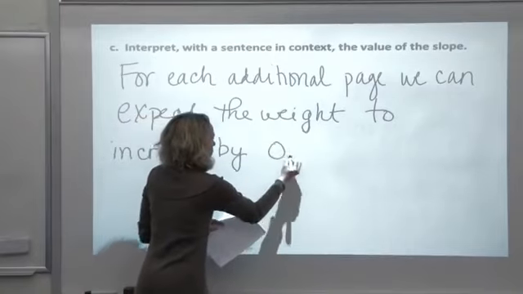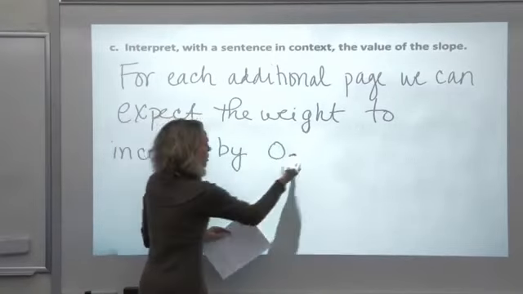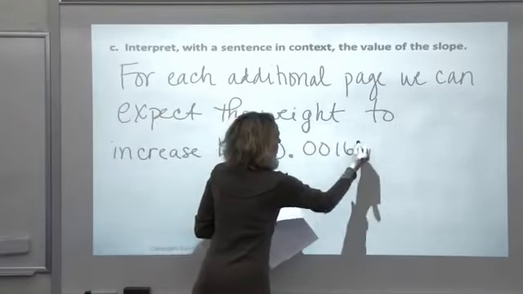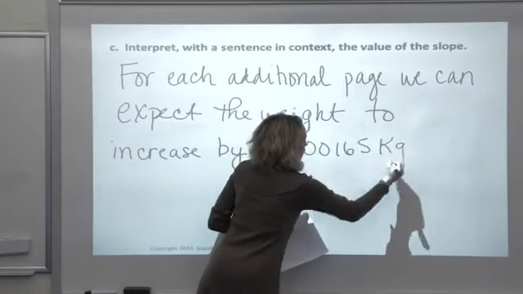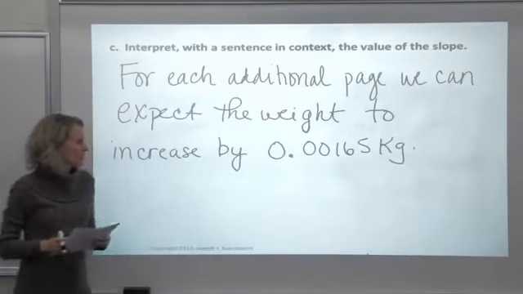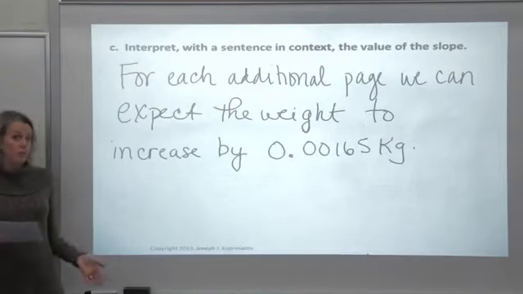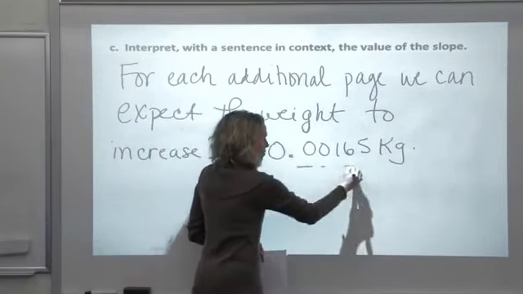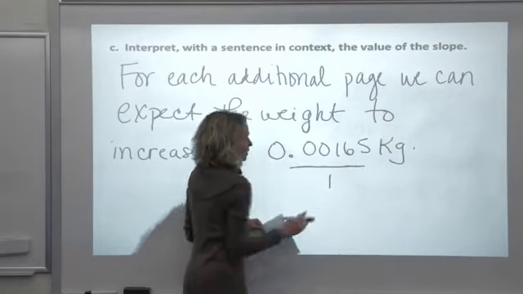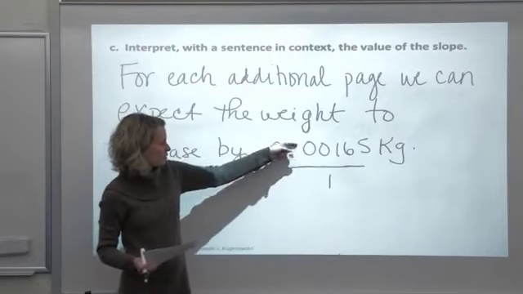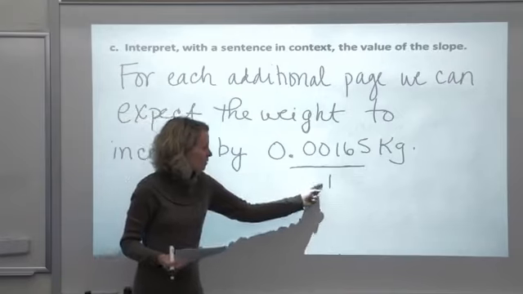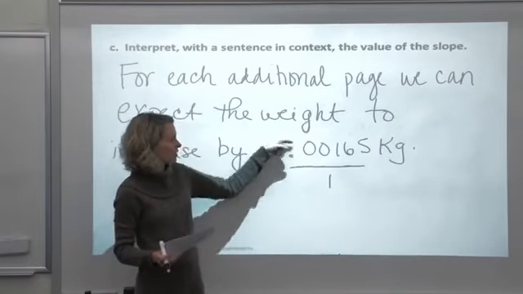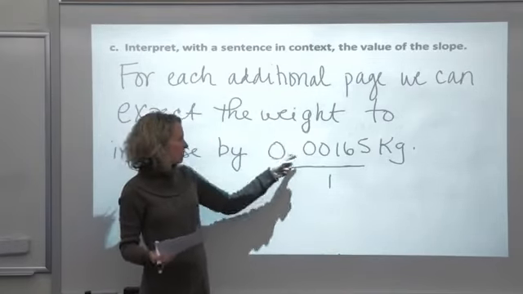That slope value, 0.00165 kilograms. Remember, slope is rise over run. You can think of that slope as that number over 1. And so slope is change in y over change in x. As the number of pages x changes by 1, the weight of that book is going to go up by